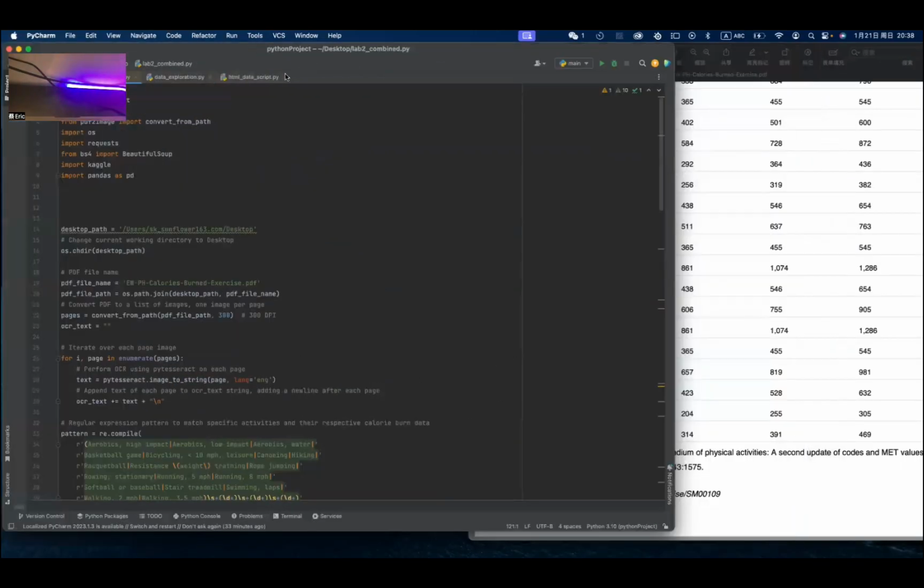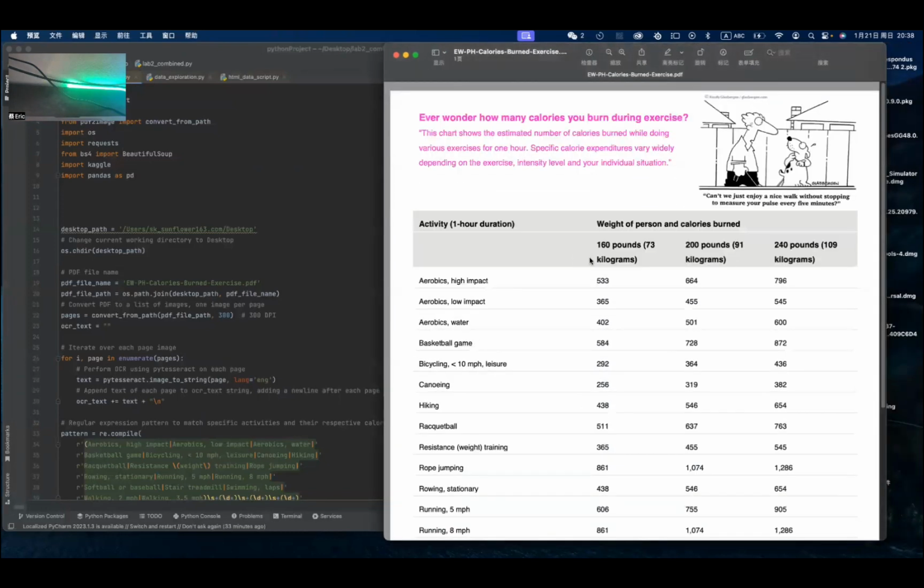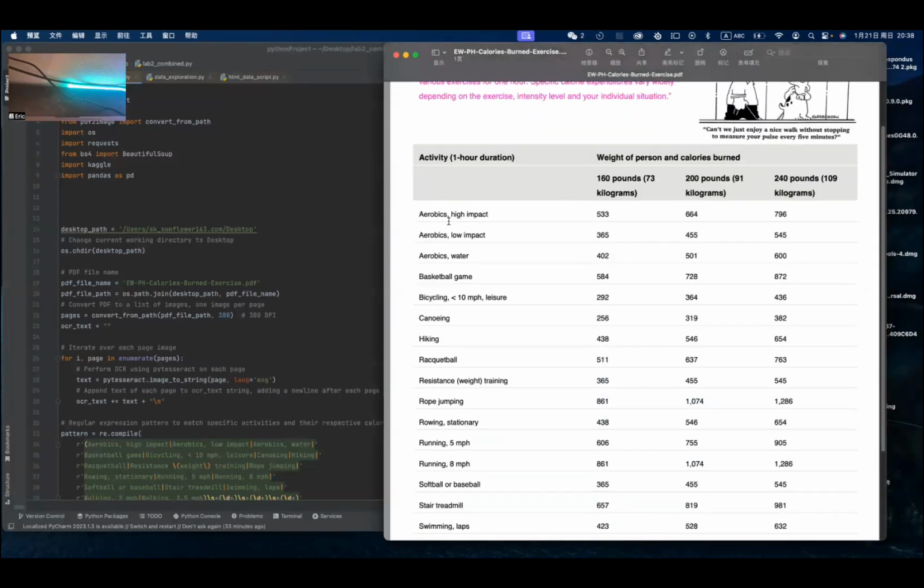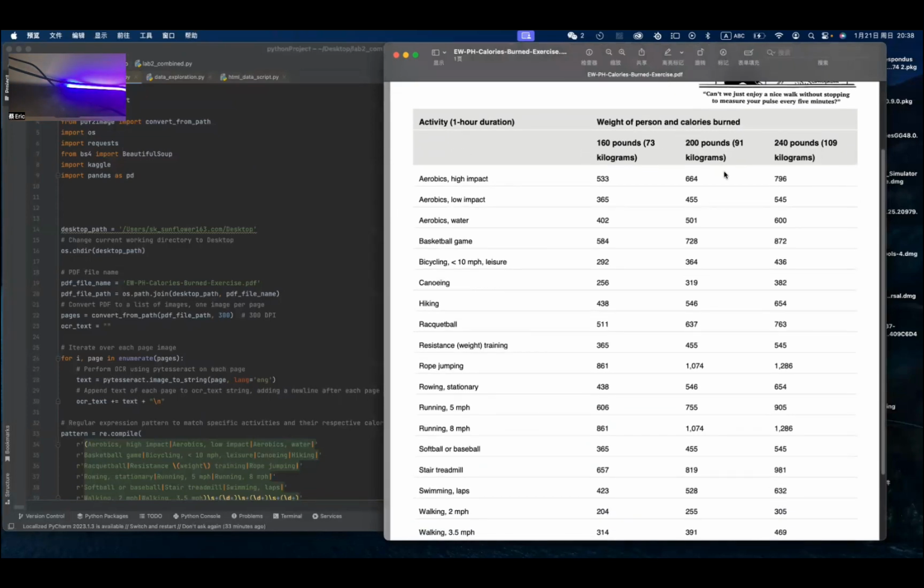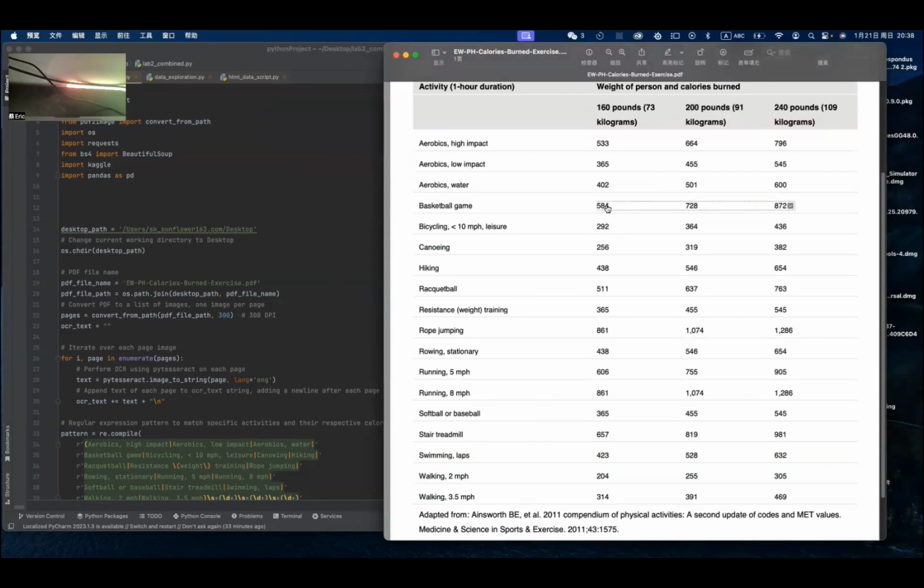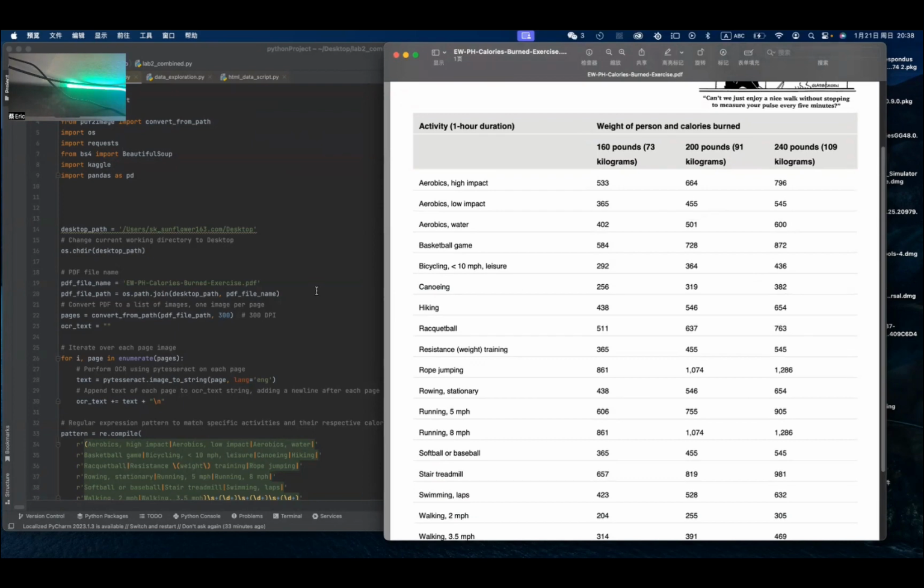All right, so I'm gonna start from my part of code. My task is to deal with the PDF type of data. So we found this calorie tables with multiple activities, exercise, sports, and calories burned in 1 hour with different weight of persons. So my work is to extract this data from this PDF and merge it with the